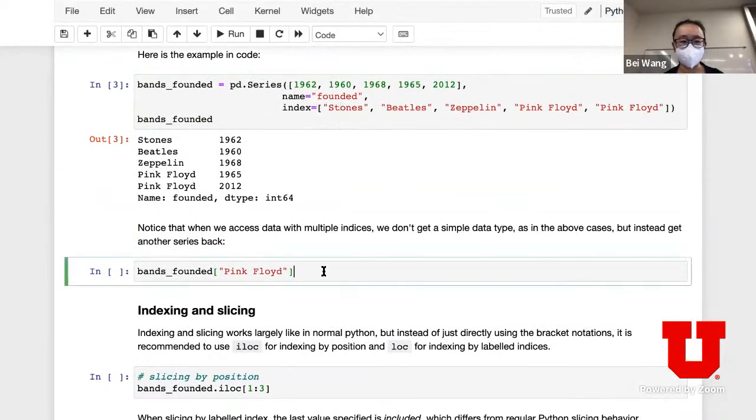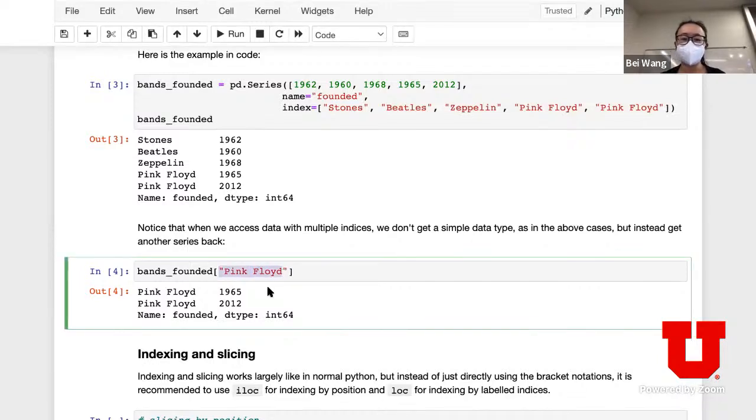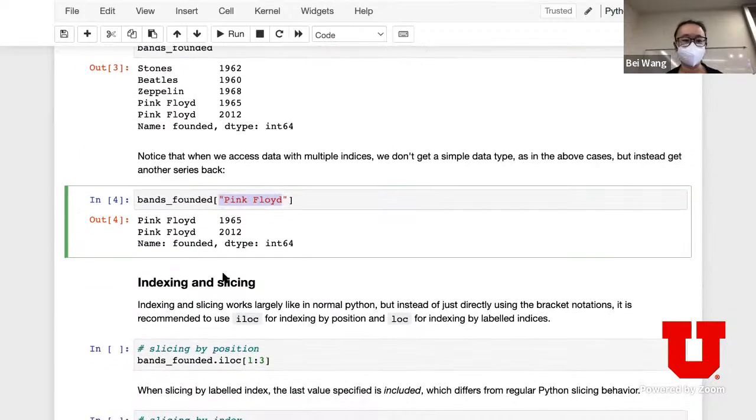Then of course you can do a little search using the index. In this case, I want to return the data items associated with the index Pink Floyd. And remember, if you have multiple entries with the same key, it's going to return all the entries that have this key. Okay.